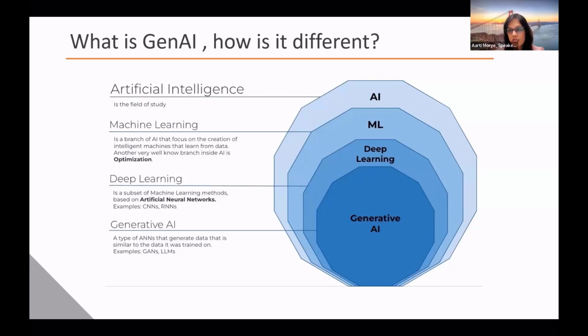So I hope this diagram gives a little bit of understanding of all those terms that we have been using. AI is like the superset, then ML, then deep learning, and then generative AI. A little bit about GANs and LLMs, and for today's discussion, we are not going to go into the